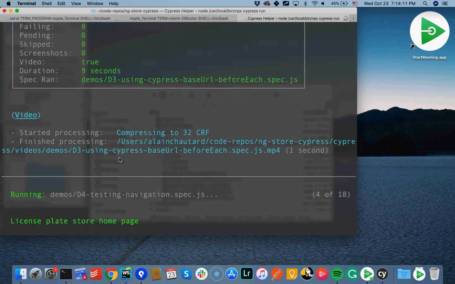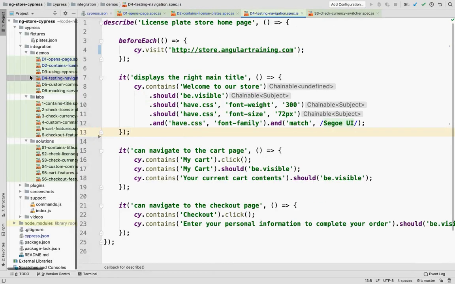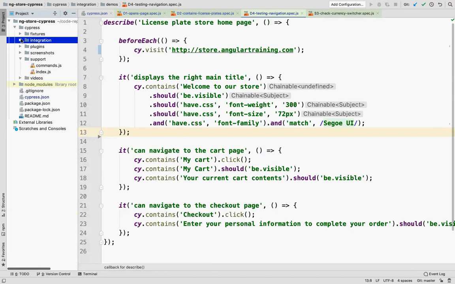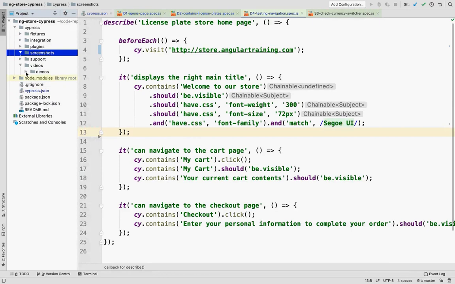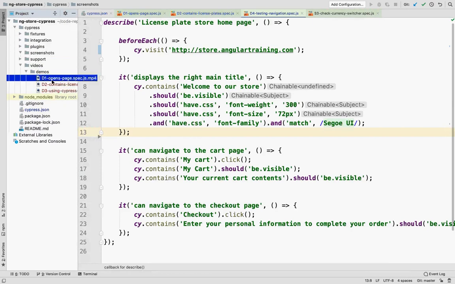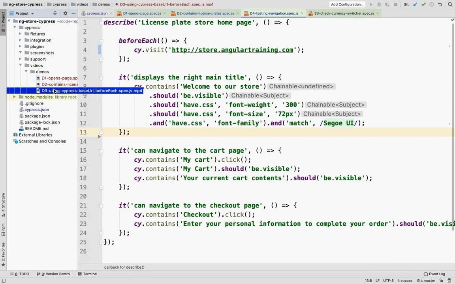So now it's running as a command line tool. And in my project, you'll see that there are two different things. One is screenshots, where it would take and put screenshots of success, failure, both. It depends, you can configure that. And same with videos. So I get videos of all of my tests that run with that command.